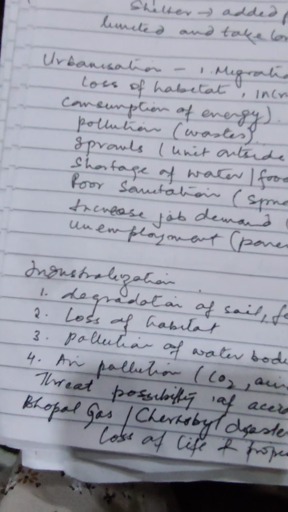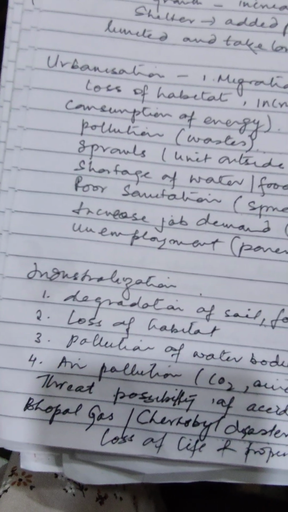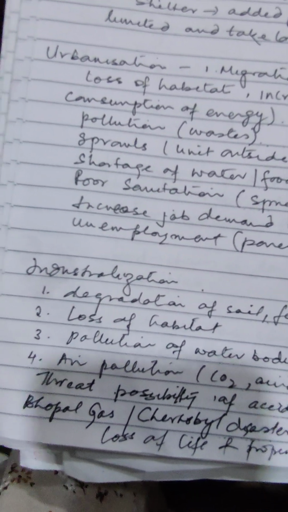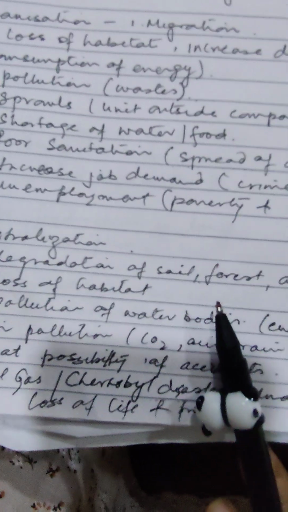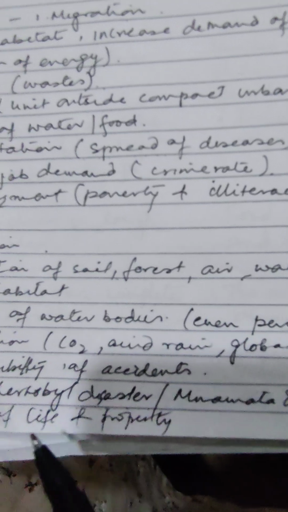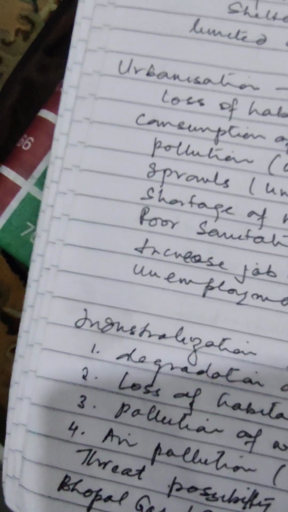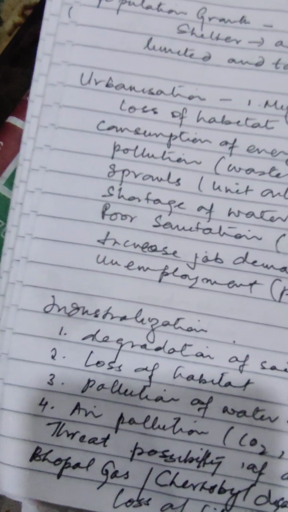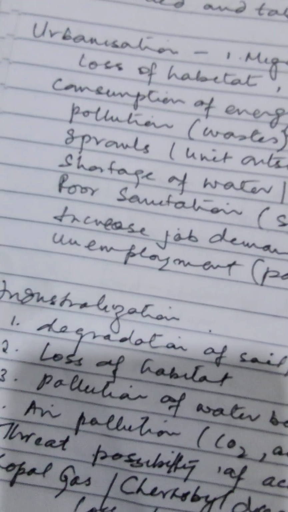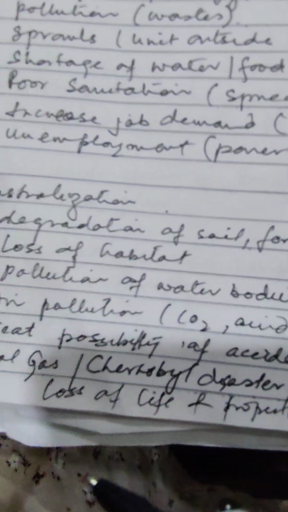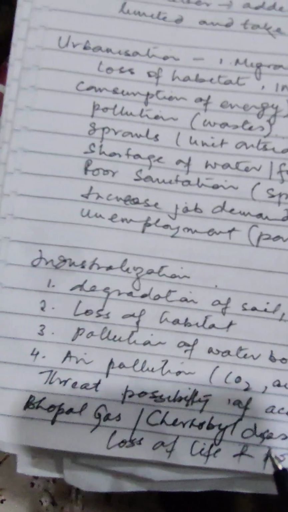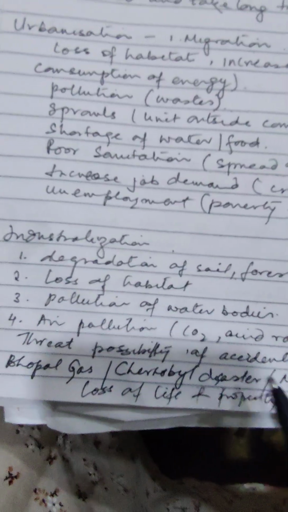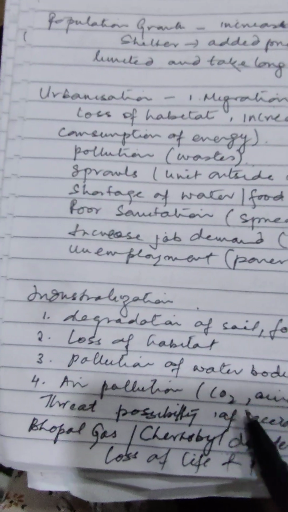So what will this industry do? That will be required, but what it will do is end up degrading soil, forest, air, water, biodiversity, everything. There will be a loss of habitat. Again, pollution: when the habitat is reduced, pollution will be caused, and even water bodies percolate into the underground sources. Air pollution will also cause carbon dioxide,